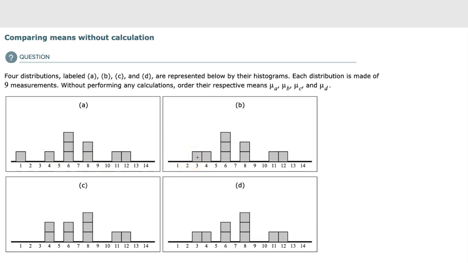We have a block on B at 3, but when we look at A, instead of having a block at 3, it has a block at 1. So that must mean that A is smaller than B. So the mean of A is less than the mean